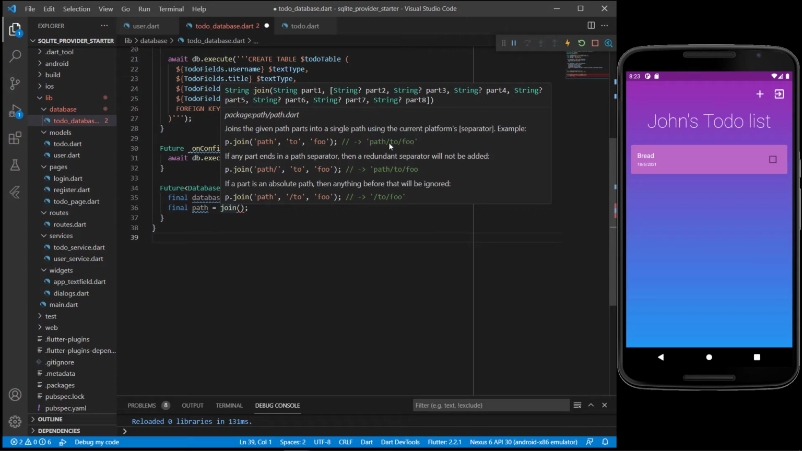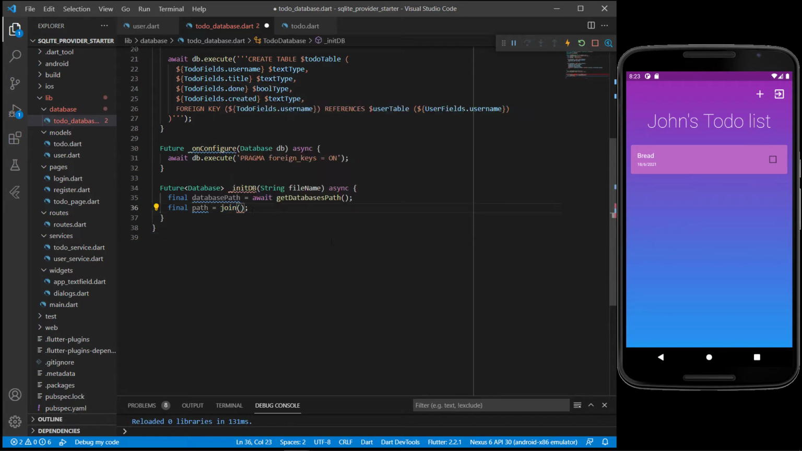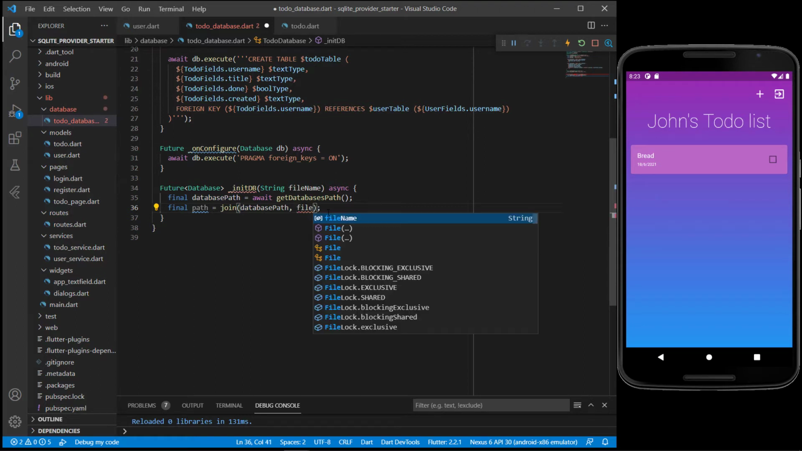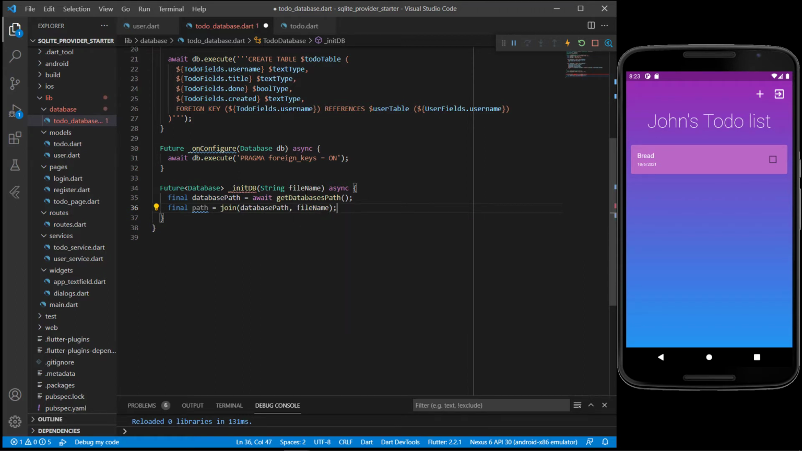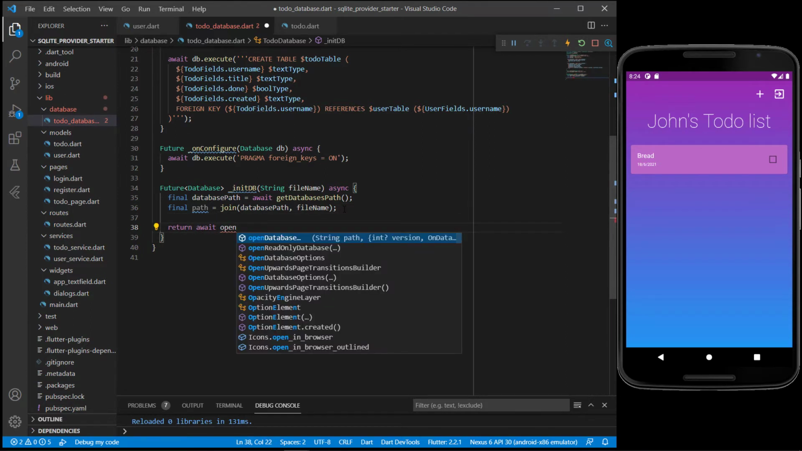Okay, so we're joining the path there, and the values that we want to join for this path will be firstly the database path, and then the second part will be this file name that we're passing through. So let's say the file name is todo.db, then it will be the whole database path / and then your file name. Okay, then we can return actually the database now by calling await, and we call open database,